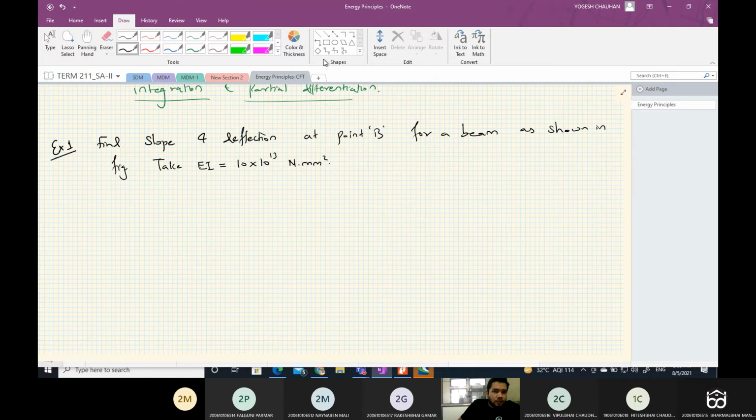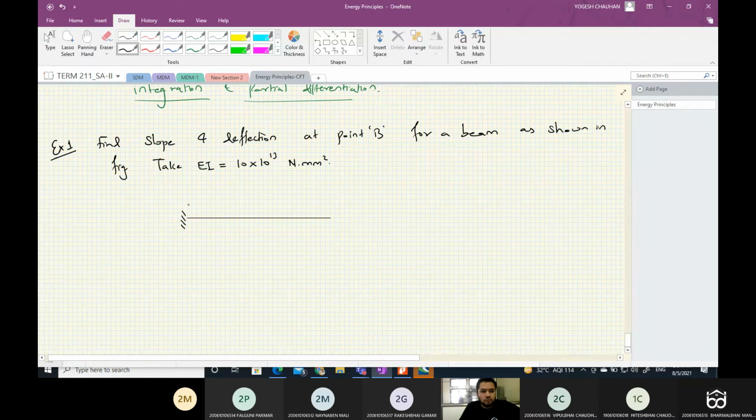So we have a cantilever beam fixed at A, this is A and this is B, and it is loaded with a UDL